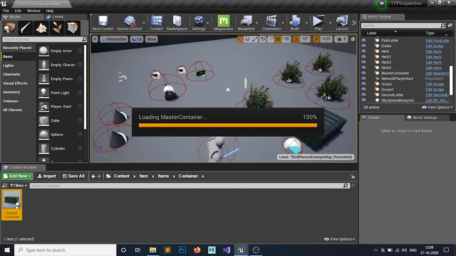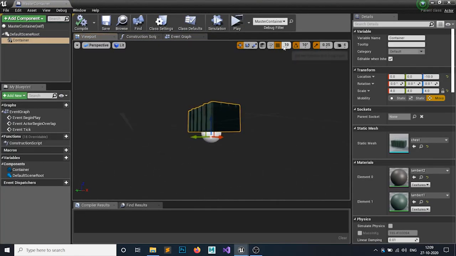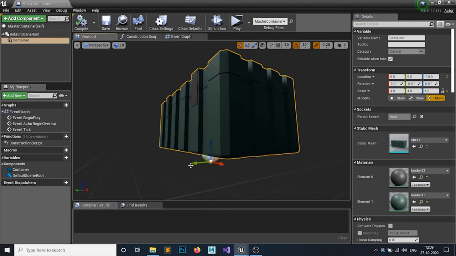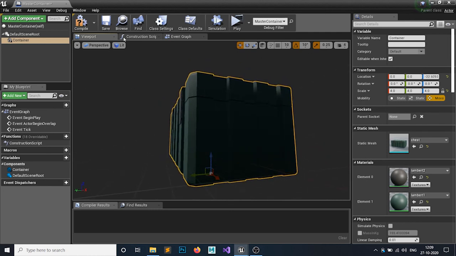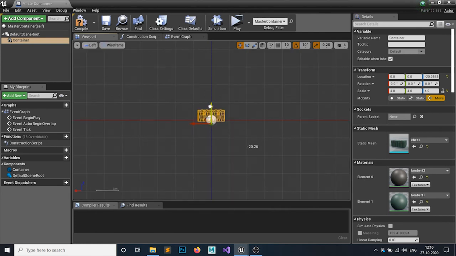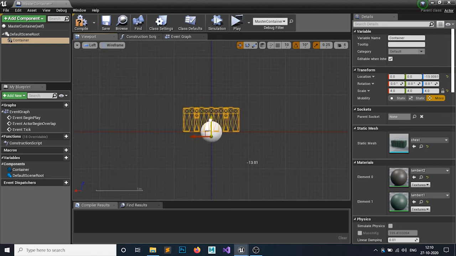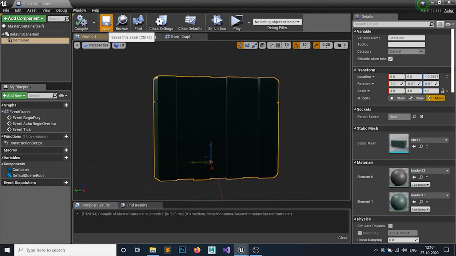So yep, on the master, on the viewport, I'm just gonna disable the snapping, or you can also do this on the left. After that I'm just gonna go to perspective mode. Yep, hit compile.